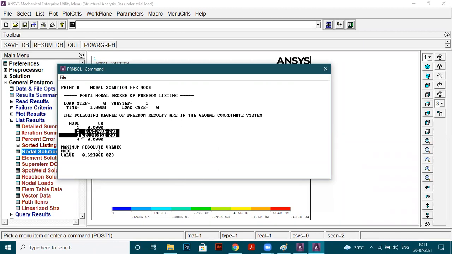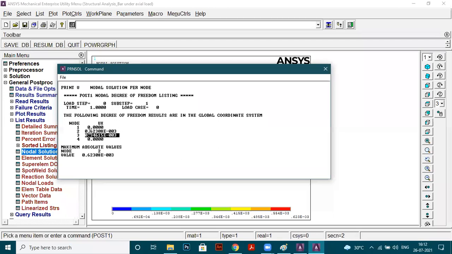Now talk about node 2 and node 3. What is the displacement at node 2? We are getting 0.62308 into 10 to the power minus 3 meter. And this one is 0.34615 into 10 to the power minus 3 meter.